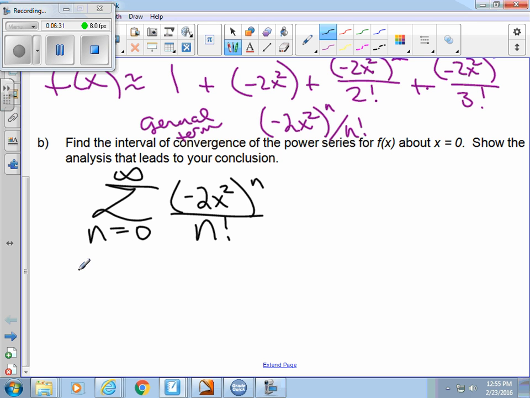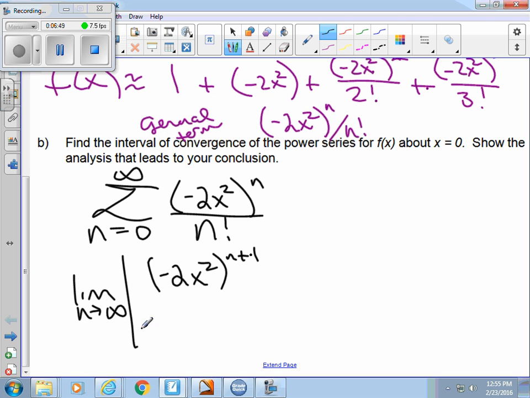Now, how am I going to show an interval of convergence? What is my go-to test? Ratio test. Do the limit as n approaches infinity of negative 2x squared to the n plus 1 over n plus 1 factorial times n factorial over